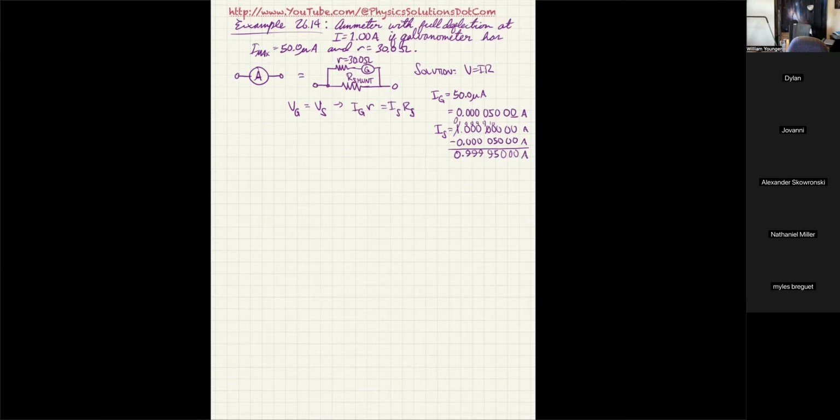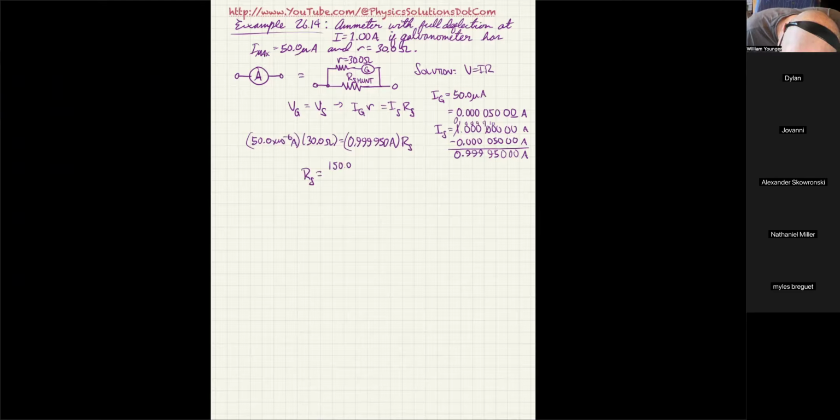So now we can say 50.0 times 10 to the negative 6 amps times 30.0 ohms is equal to 0.999950, and that's amps as well, times R shunt, and therefore we can get R shunt is going to be equal to, if I multiply 50 times 10 to the negative 6, we already know what that's going to be. That's going to be